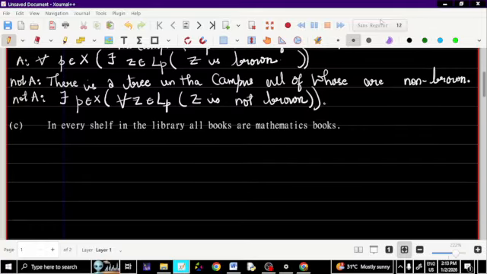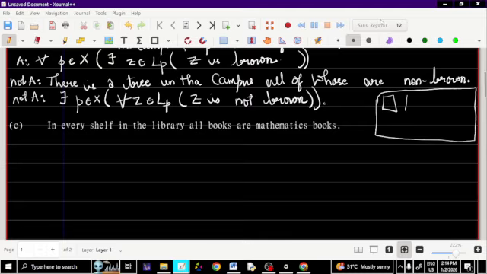Look at statement number C. In every shelf in the library, all books are mathematics books. That means if you pick up any shelf in the library, all the books in that will be mathematics. So basically, let's say this is your library, and these are the shelves. And in these shelves, there are books here. Right? So if I call this statement number C, let's see,